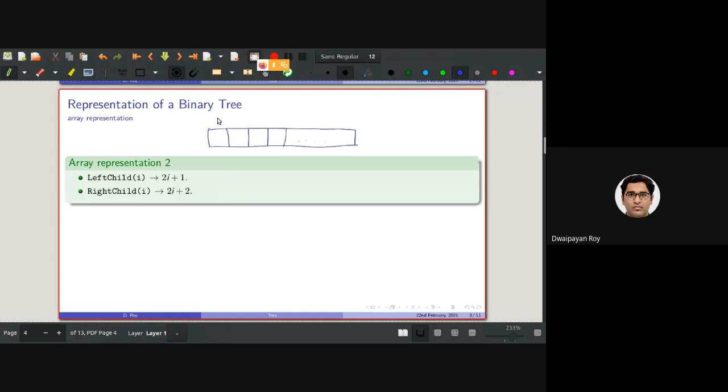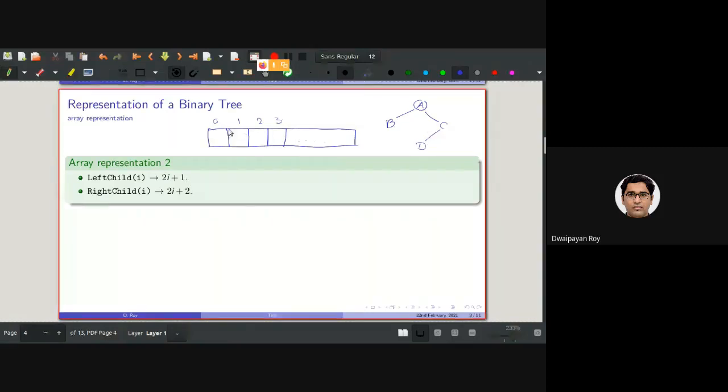This will be in the 0th position, this will be in the 1st position, and so on. So if I consider this tree, and say this is D, the left child of any node i will be stored in the 2i plus 1th position.